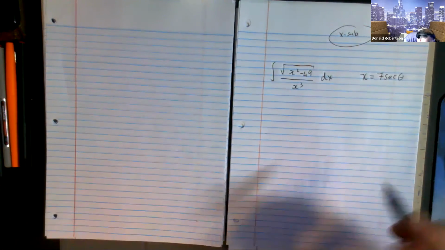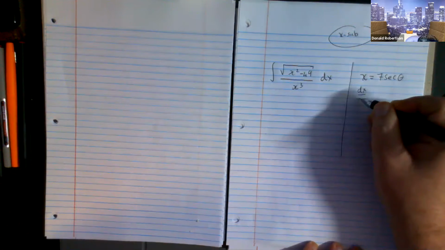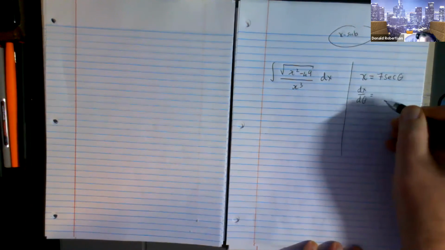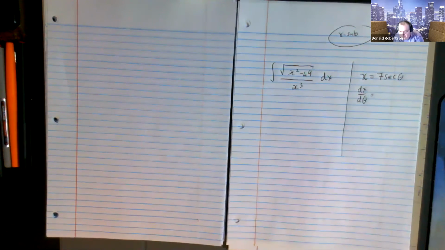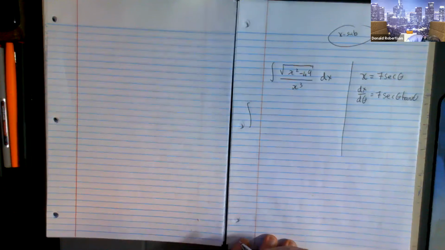So it is a version of substitution. What I'm going to do now is differentiate x with respect to theta. Does anybody remember what the derivative of secant is? Was it secant tan? It is. And so this integral,